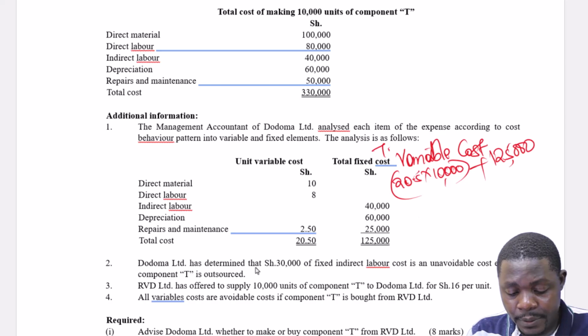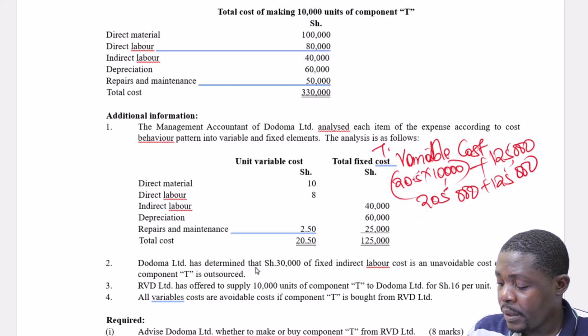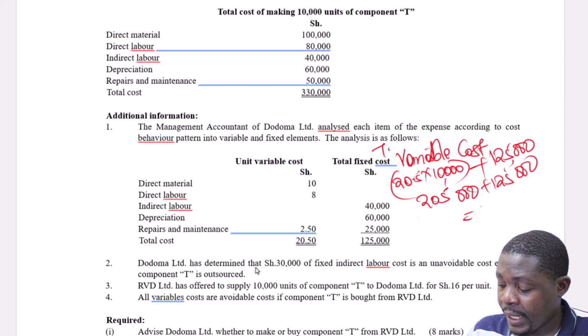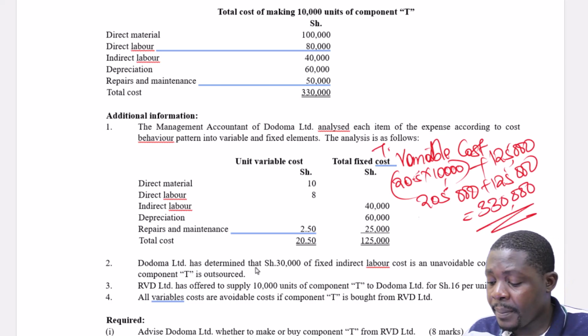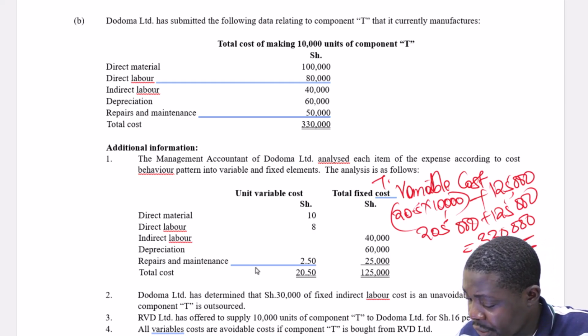20.5, you multiply by 1,000. In this case, you are getting 205 plus 125 plus 125. You get 330. Now, if the company is going to manufacture this particular product, then for 1,000 units, they are going to incur